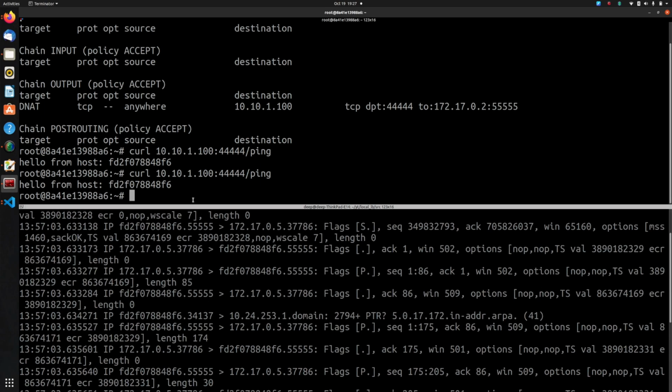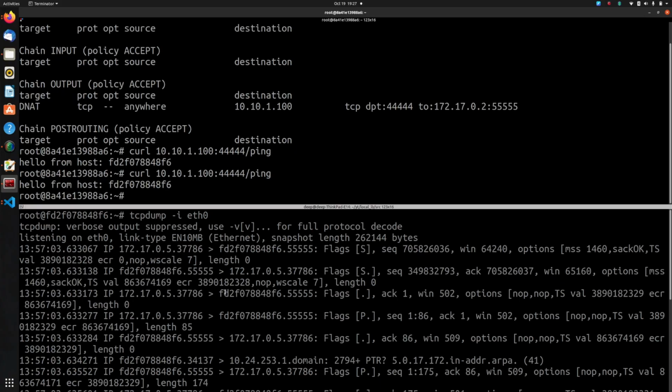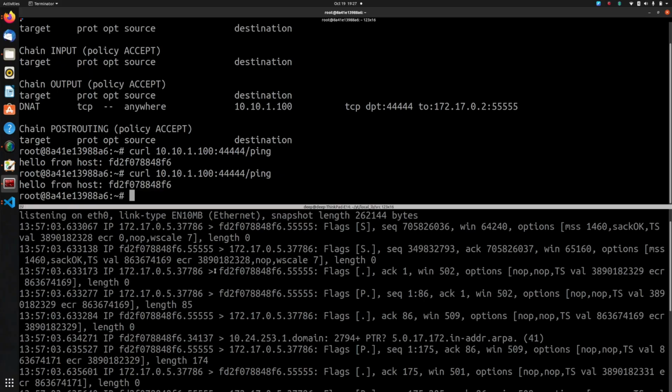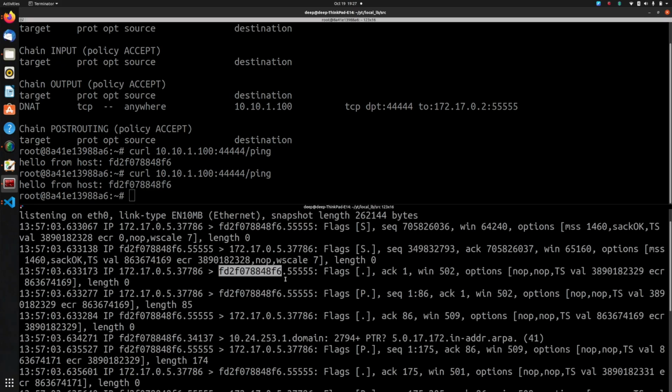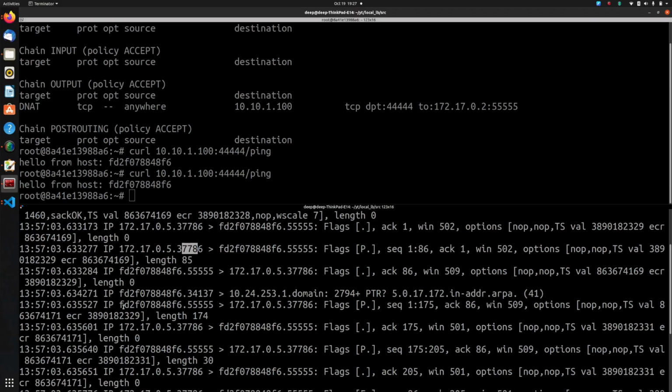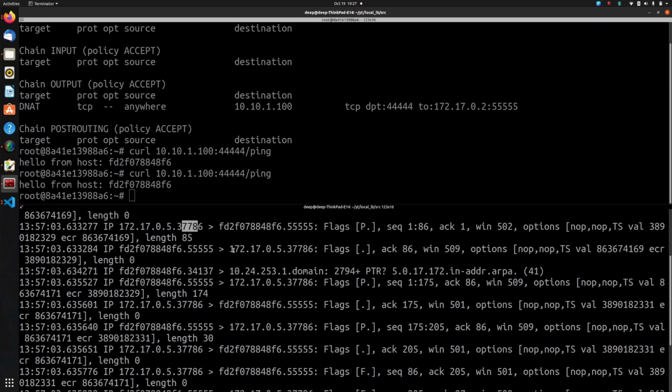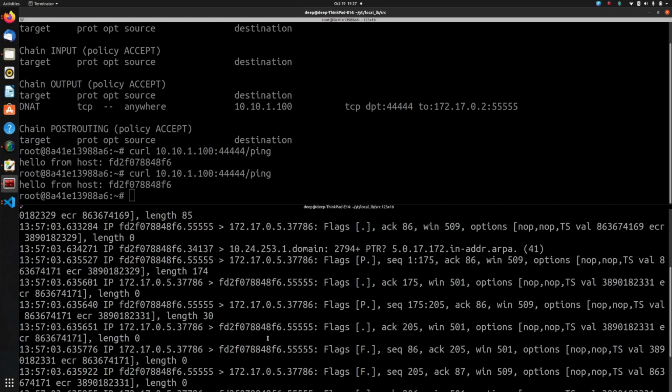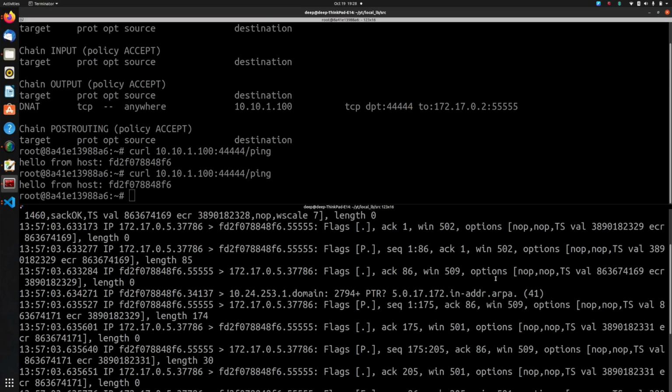So the packet was proxied to this container and it got the packet. So it came from 172.17.0.1, which is the IP of the host, to this container, which is this one, 8848F6, and this was a source port. Yeah, the source port can be whatever, pretty much. And once it was done, it was able to reply back to this host, whatever the port it is, from which the request was generated. And so basically, it's for the different TCP packets. But yeah, overall, this shows that the packet was actually routed and it landed on the upstream server, right?